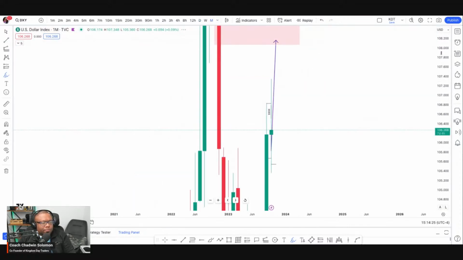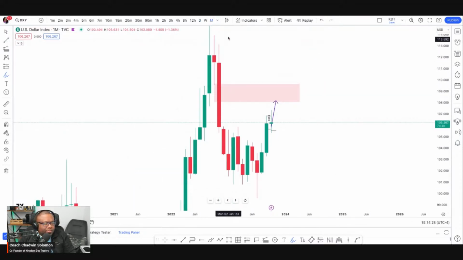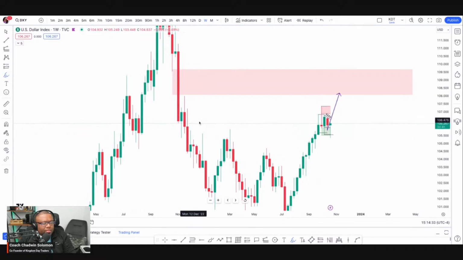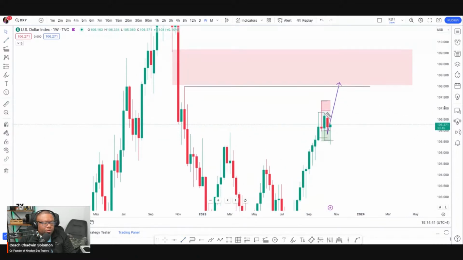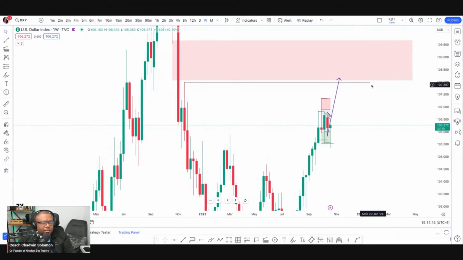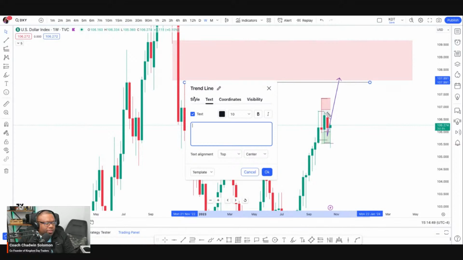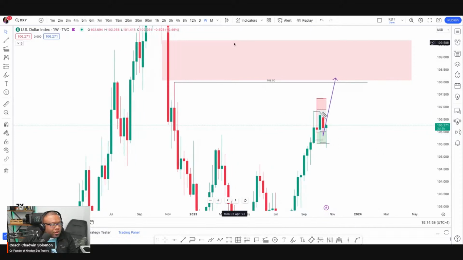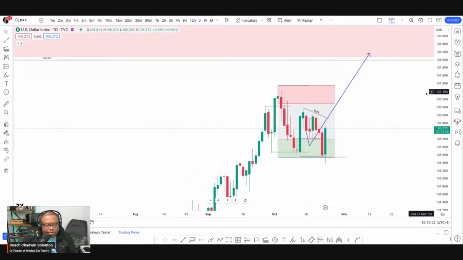Let me show you what I'm talking about. On the upside, there's this gap, a bit of refinement on the actual weekly that's drawing price into that area. So my next upside target for the dollar will be this area over here, 108,000. 108 is the number, and anything above that into that little area. That's also a quarters theory number, and once we hit that number, we should see some reaction. So technically speaking, I am looking for the dollar to close higher this week.